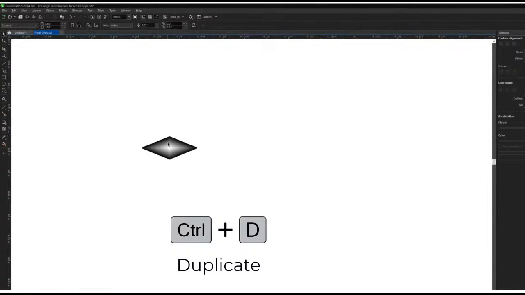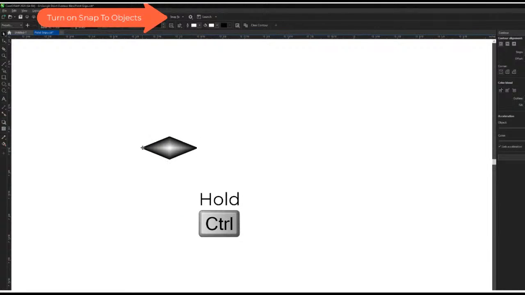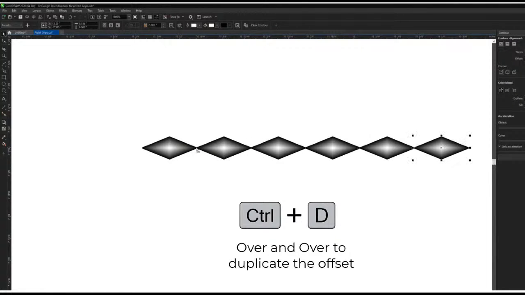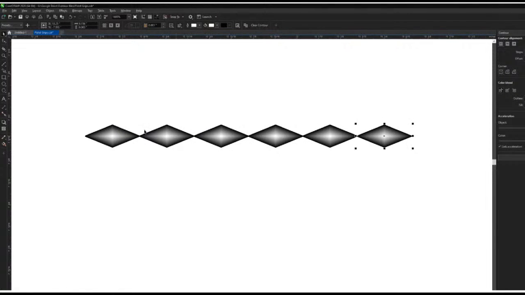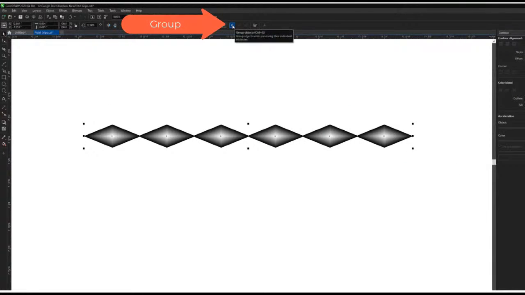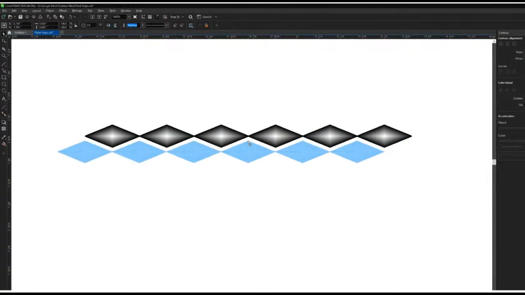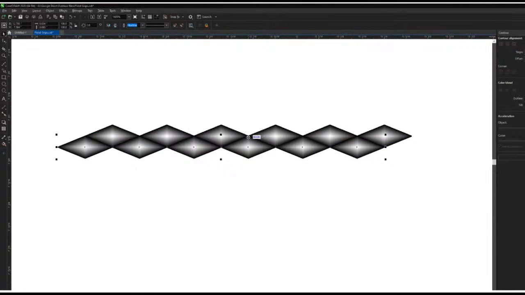Now, I have one. Now, I need to make a whole lot of these to make an array. And so for an array of them, I'm going to hit Control-D to duplicate it, making sure snap is turned on. And once I've done that once, snap to the other, you can hit Control-D again, and it'll automatically duplicate that offset. Then I'm going to group that line. We'll hit Control-D again, grab that, and I'm going to use the snap to snap that row into the next line. Now we're going to select both lines,